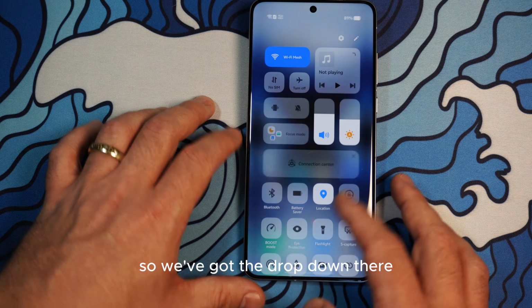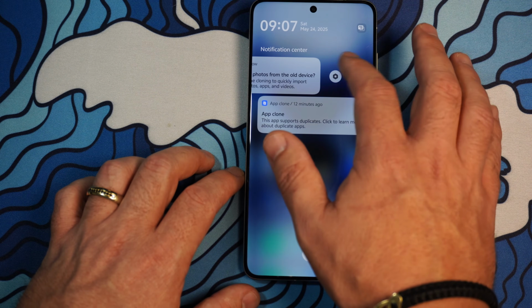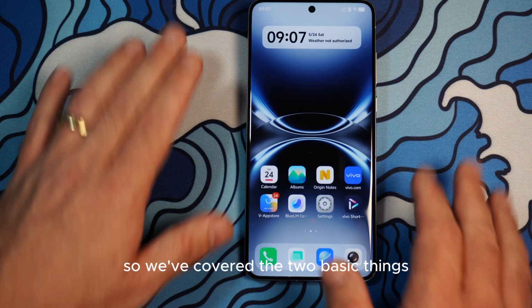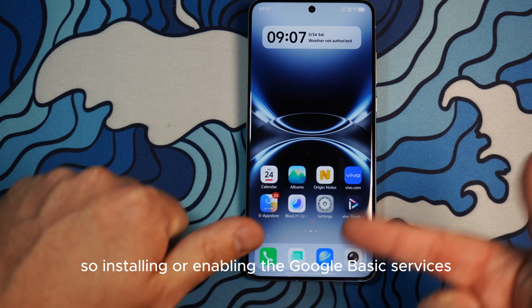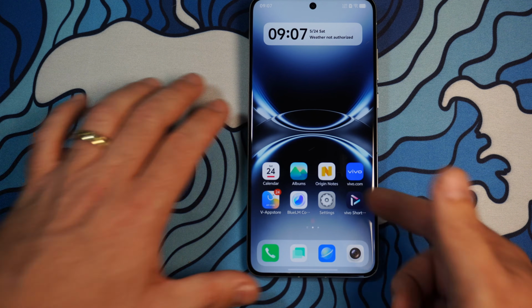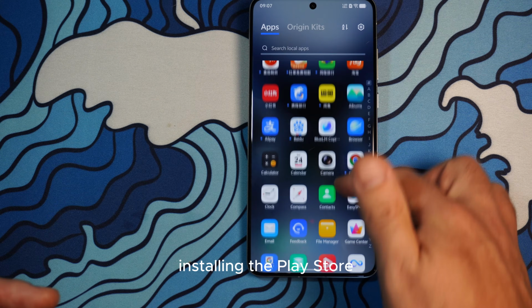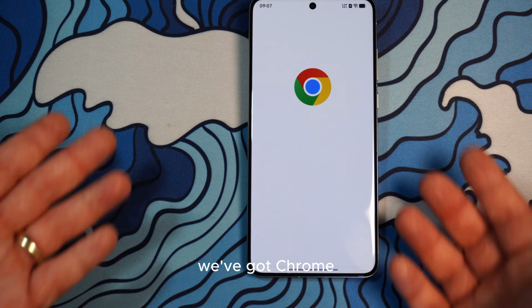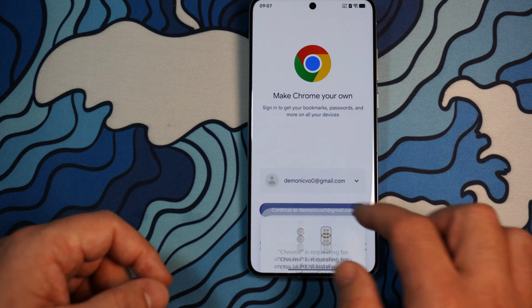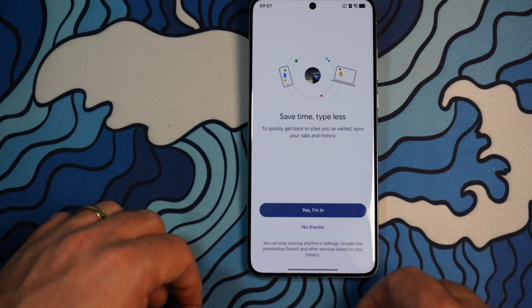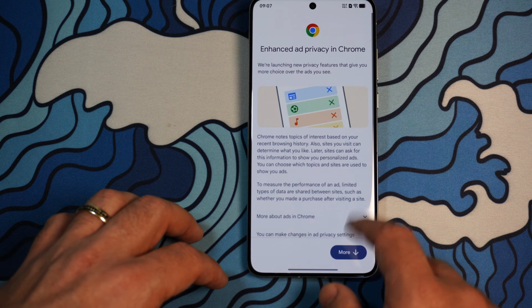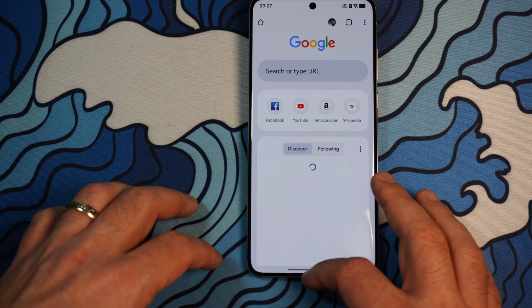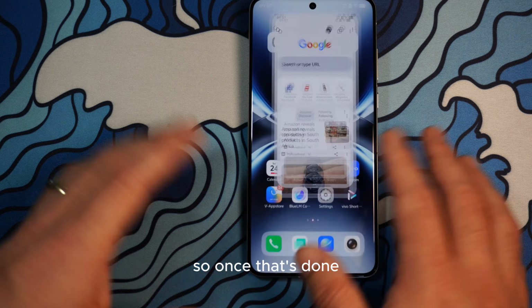So we've got the drop down there. So we've covered the two basic things. So installing or enabling the Google Basic Services, installing the Play Store. We've got Chrome. So once that's done,